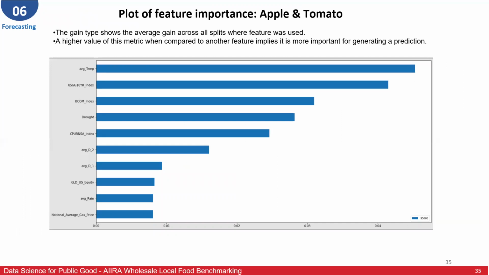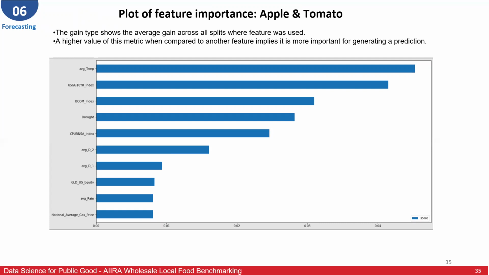On our next slide, this is our plot of feature importance for both models. Feature importance essentially means, in those decision trees that the model used, what features were the most prominent in all of those trees? What features were used the most? What had the most value? What had the most weight in influencing and accurately predicting the price?